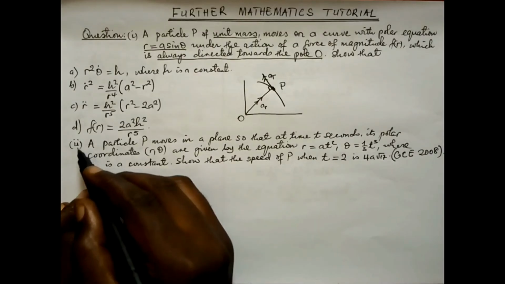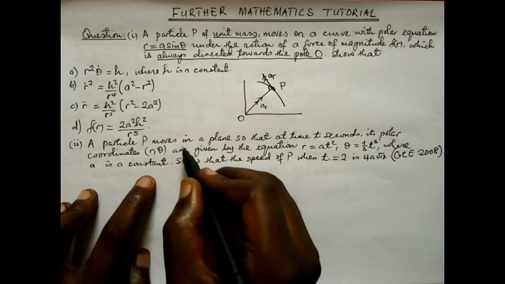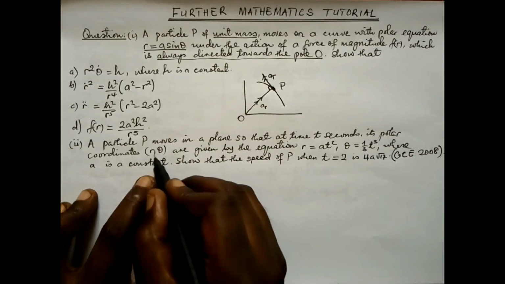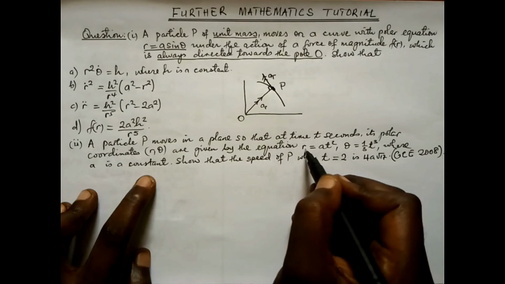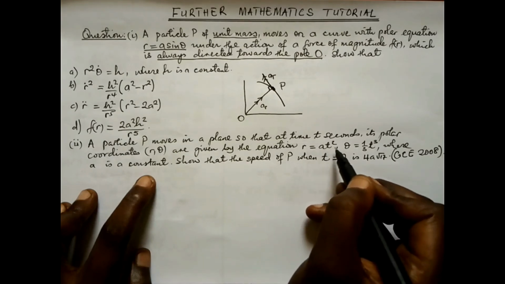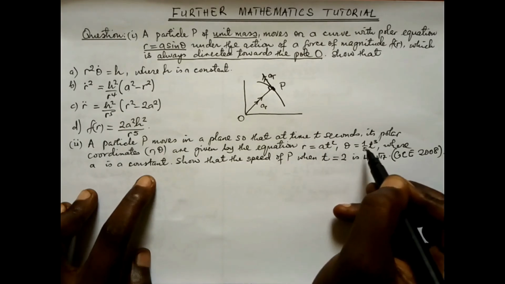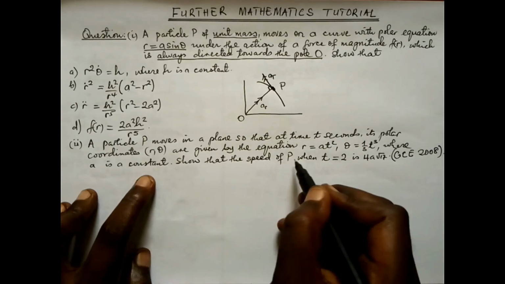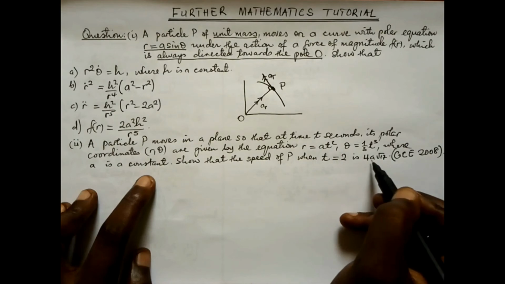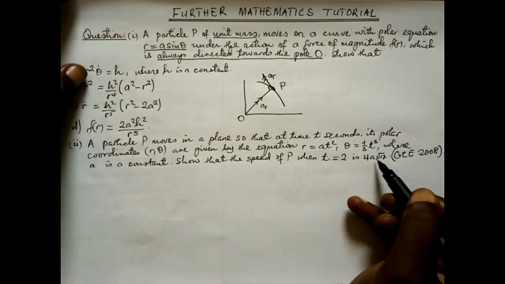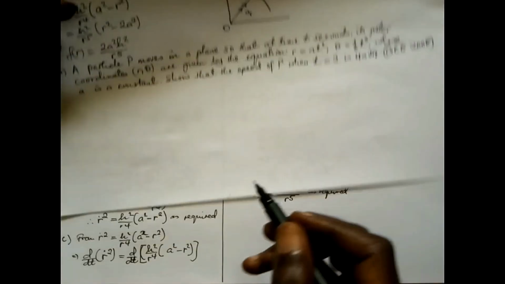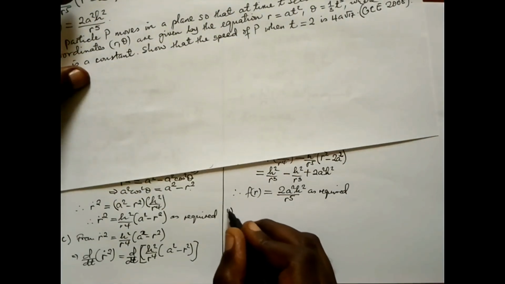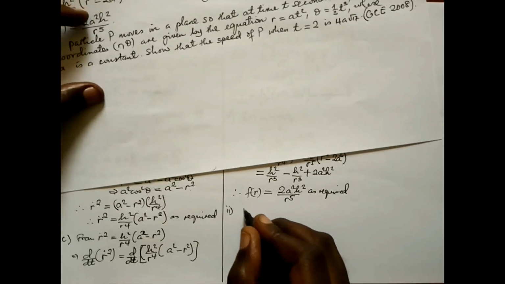Now for Roman 2, a particle P moves in a plane so that at time t seconds its polar coordinates r, theta are given by the equation r equals a t squared, theta equals 1/3 t cubed, where a is a constant. Show that the speed of P when t equals 2 is 4a root 17. So we begin with Roman 2. First of all, the speed